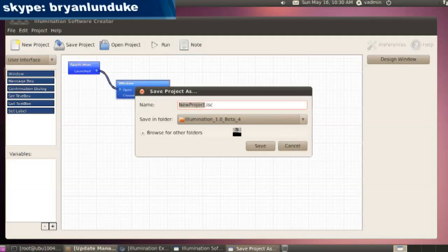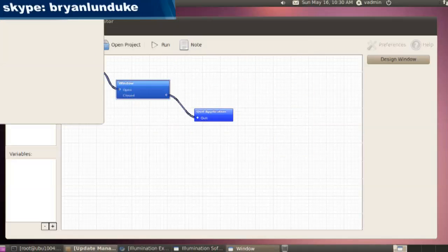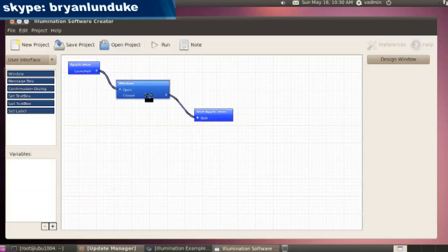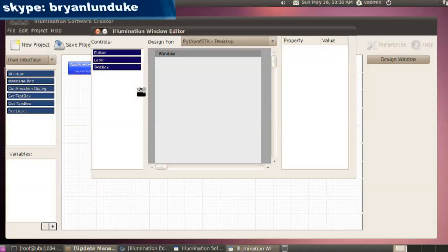Now, if I go ahead and hit run, of course, I have to save it again. Always have to save a new application. Boom. Now you notice I have a window, but it is completely empty, and that is just no good for me. So what you can do is just go ahead and double click on this window block and boom, bring